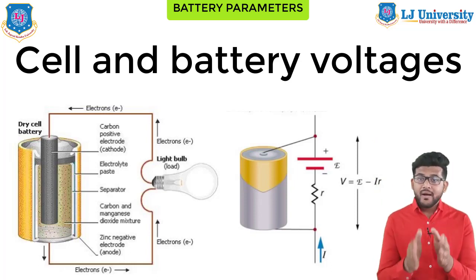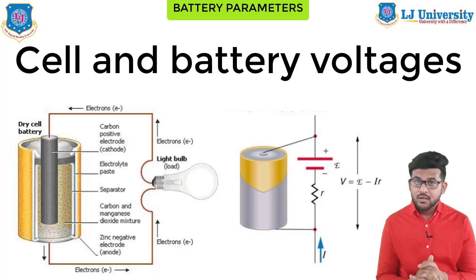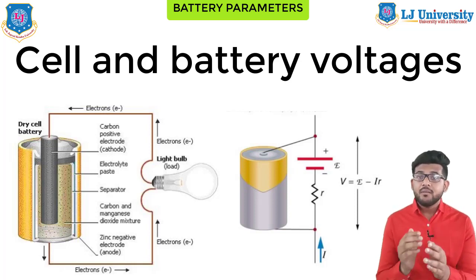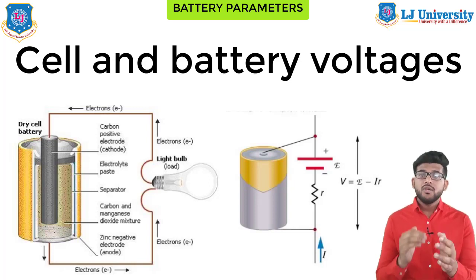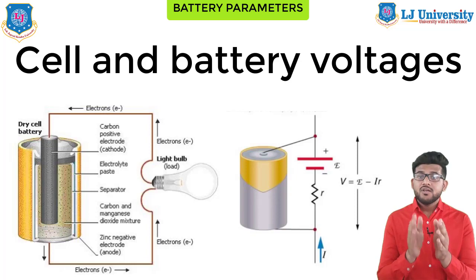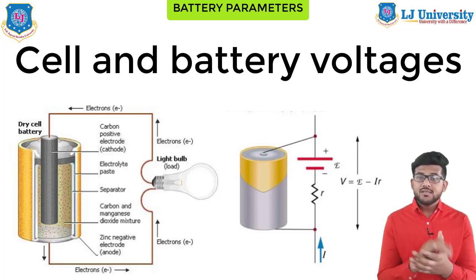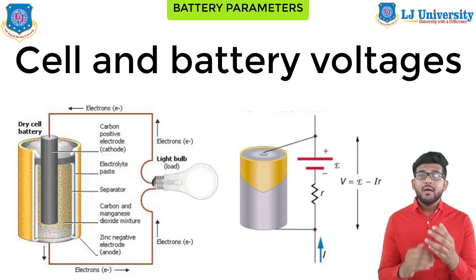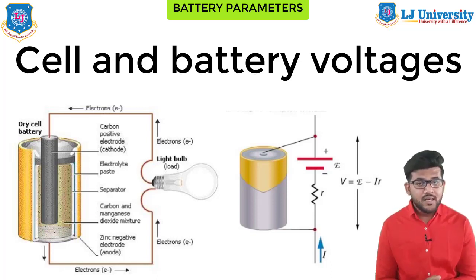The battery is represented as having a fixed voltage E, but the voltage at the terminal is a different voltage, shown as V. Because of the voltage across the internal resistance R, we are assuming that the current I is flowing out from the battery as shown in the figure. Then by basic circuit theory we can say that voltage V equals E minus IR.